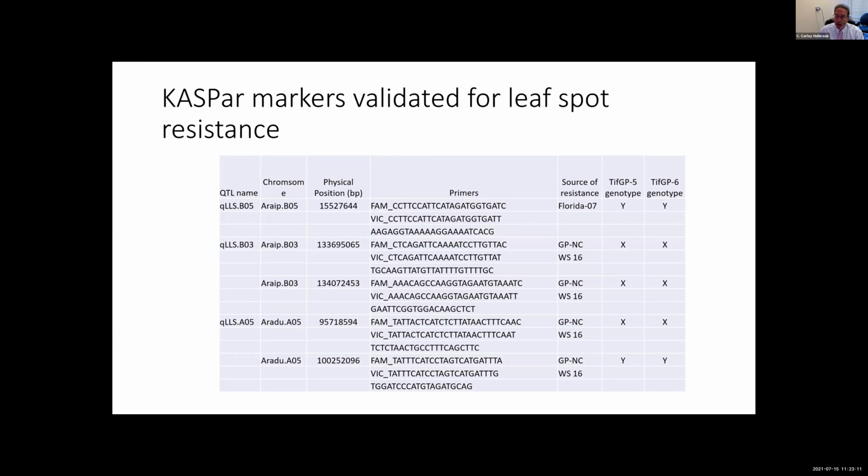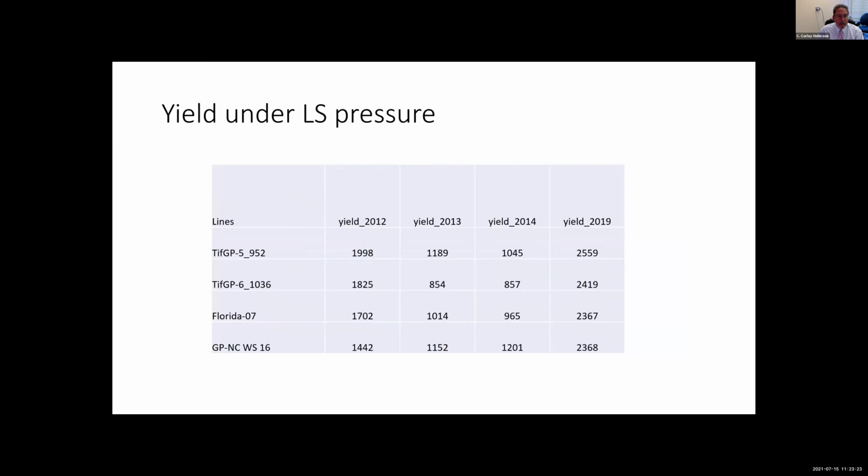And like I said, there's markers. The interesting thing about this slide is one of the QTLs for resistance actually came from Florida 07. The other 2 came from the North Carolina germplasm line. Last slide,